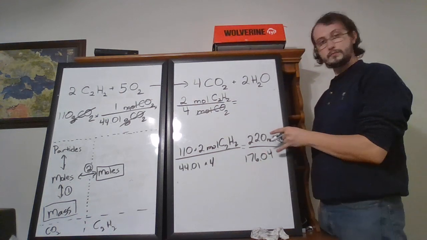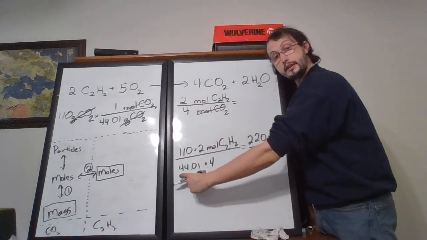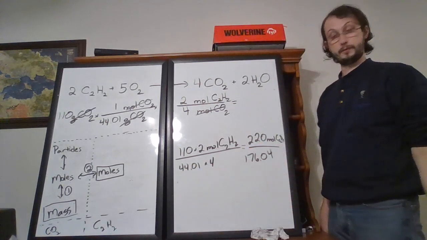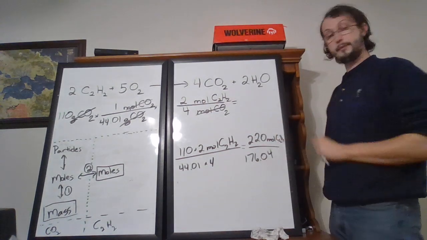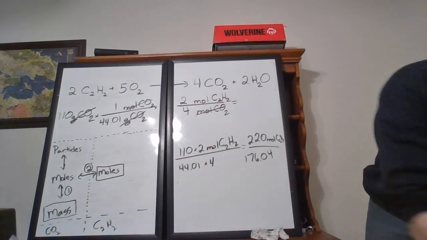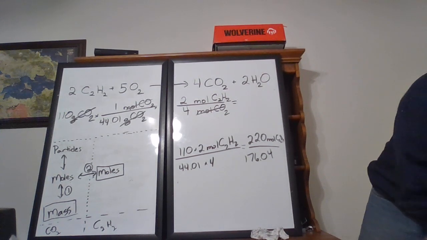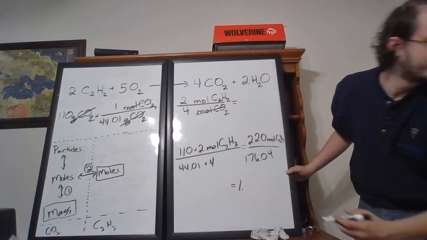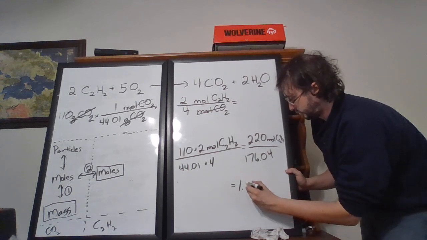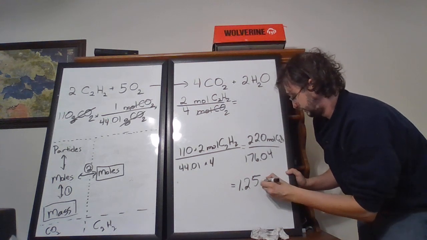Alright, so we multiplied the two numbers in the numerator, got 220, multiplied the two numbers in the denominator, got 176.04. The next thing we can do is divide. So 220 divided by 176.04. I can't do that in my head. If you can, that is incredible. But we'll do it in the calculator. And we'll get 1.25 moles